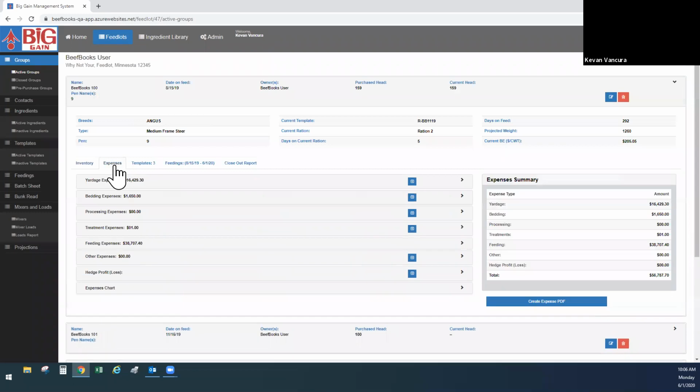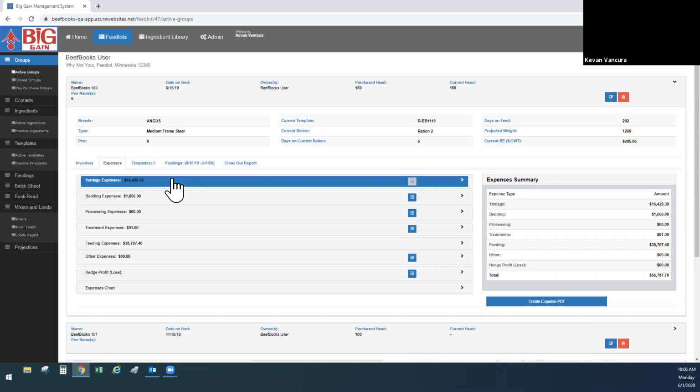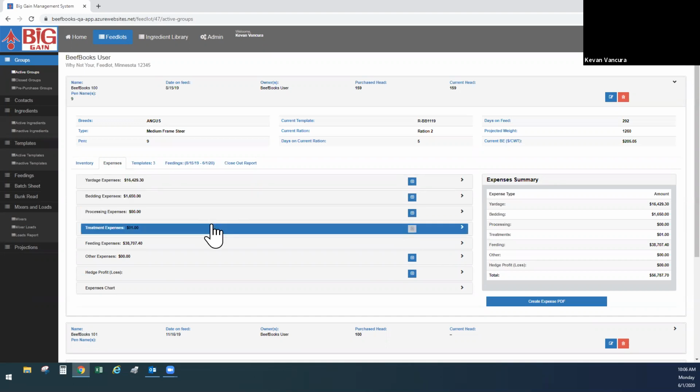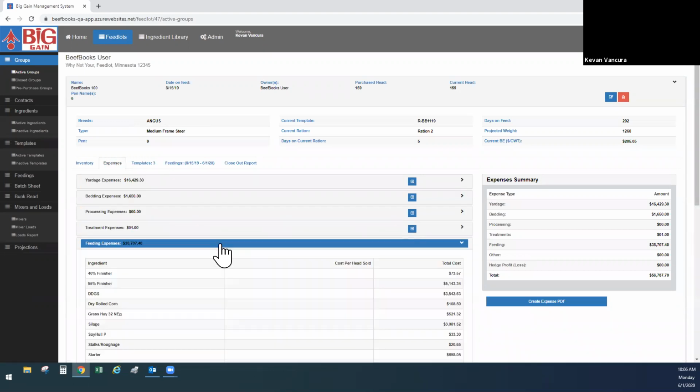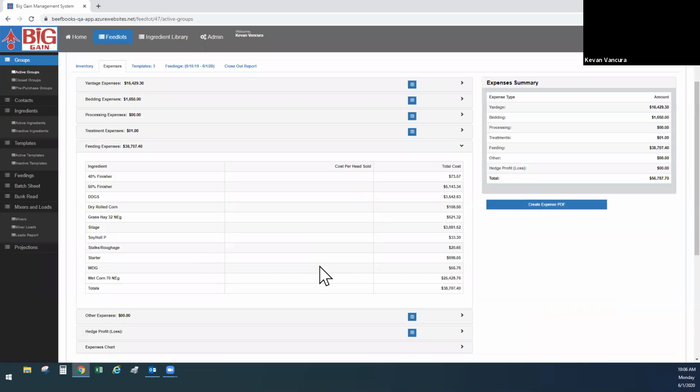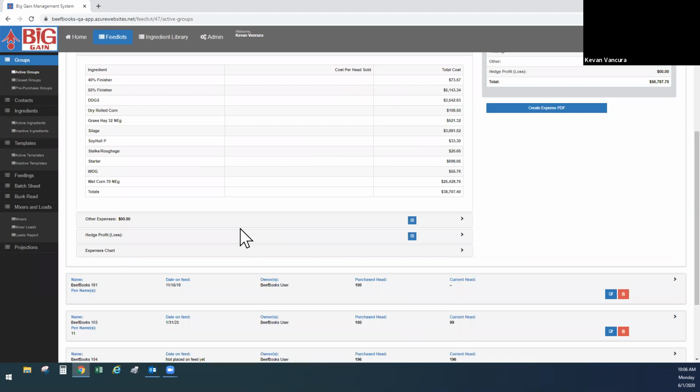Click on expenses, and you can see in this window you have a summary of yardage, bedding, processing expenses, treatment expenses, and then the feeding expenses, which if you click on that window will show feeding expenses accumulated from the start of the group feeding period with a cost assigned. I will note that those costs are only as accurate as the ingredient price points that were set. You have other expenses, hedge profit or loss, and then the expense chart,